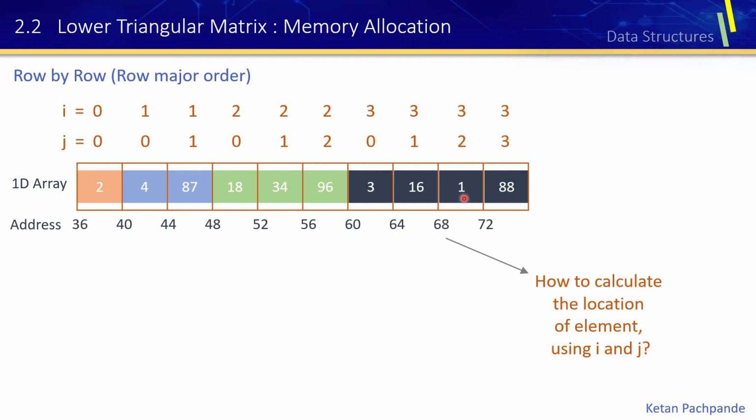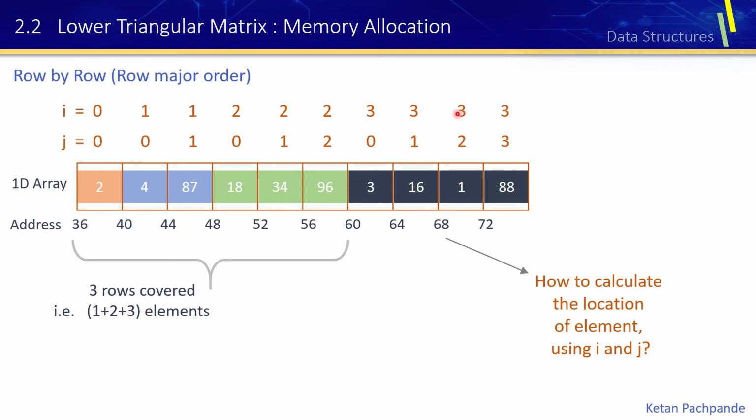So ultimately, we want to convert this value of i and j into the 68 here, right? So how can we derive this formula which converts the value of i and j into the memory location at which that element is stored? Now, if I want to calculate the address location of 3 comma 2, I know that 3 indicates here that before this row, 3 rows have been stored in the one-dimensional array so far, and after that, this black colored row, that is the fourth row here, is stored, right?